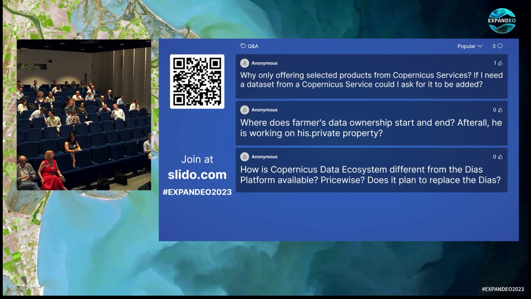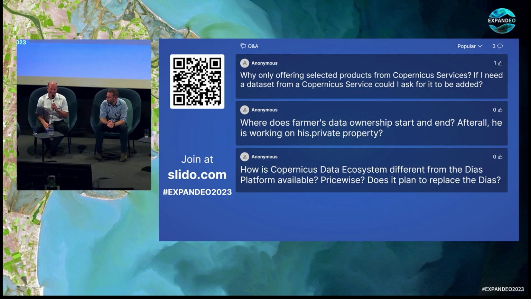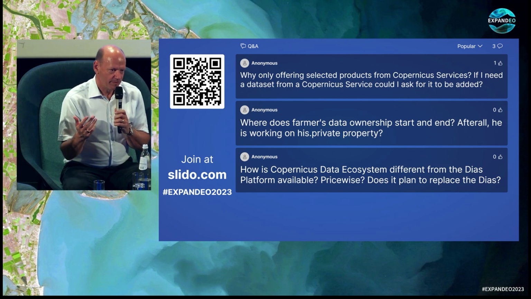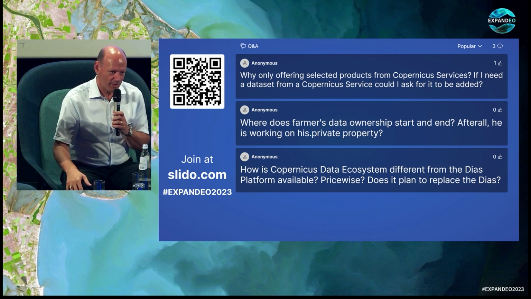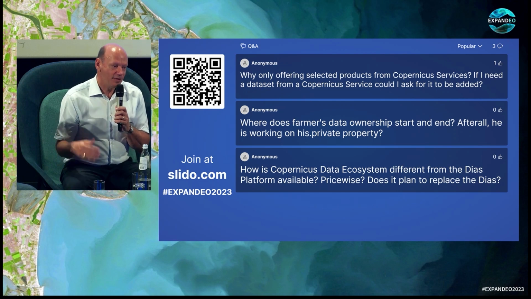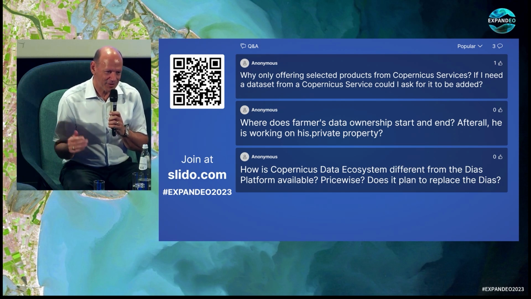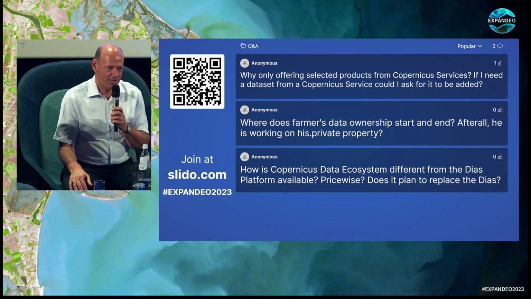Thanks. I don't have numbers in mind. It will be one of the things we will monitor very closely, and we will also publish it on a dashboard. Some of you will know that there is already a dashboard function on the Open Access Hub, and we know that there are already more than 700,000 registered users on the Open Access Hub.